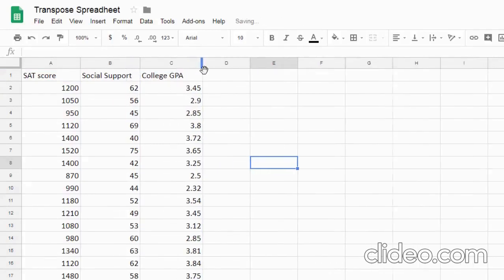In this video, we'll take a look at how to transpose data, and transpose is just a fancy word for when I want my rows to become my columns. So, in other